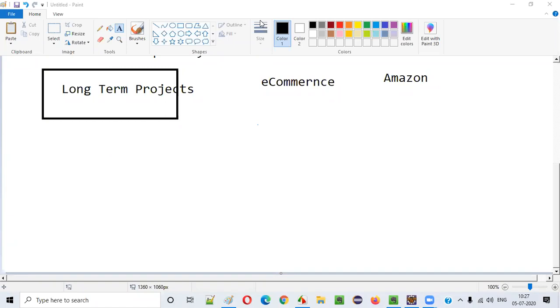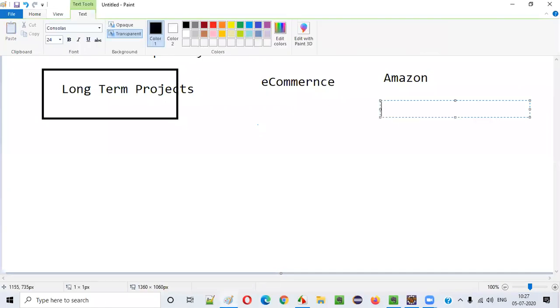Simple or complex? Yes, a lot of functionalities are there. Complex application, right? If I have to list down the functionalities of Amazon, it will take a lot of time, guys. That much complexity. You are right, it's a very complex application. Starting from login, registration. What are the different functionalities we see in Amazon, guys?